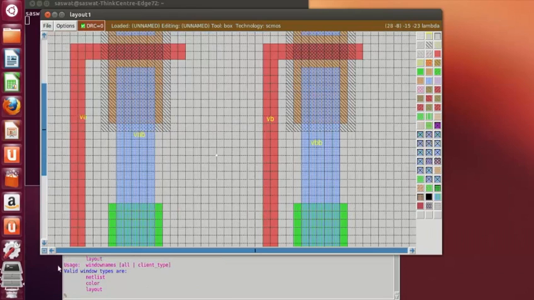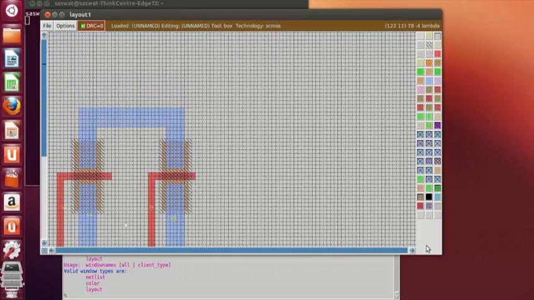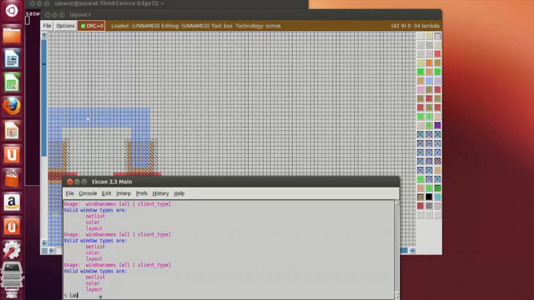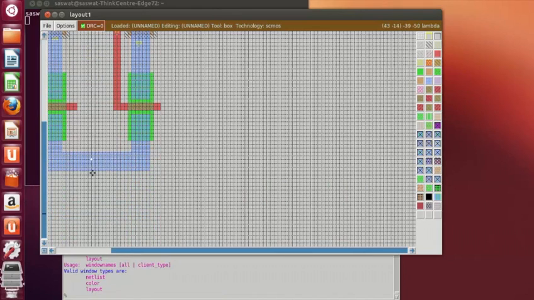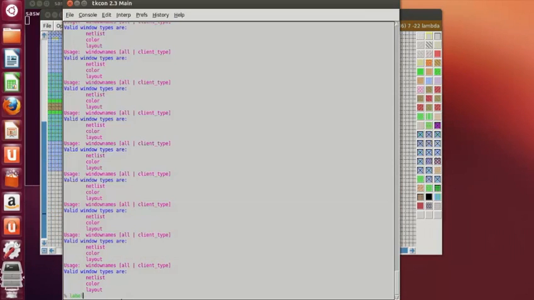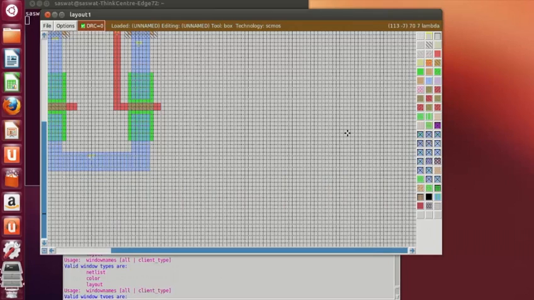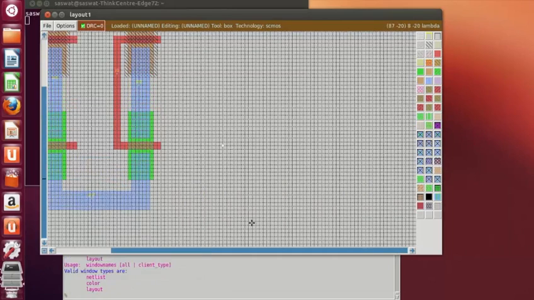Okay. Now what next? After drawing the inverters, we have to draw the transmission gates. If you want, you can do the labeling for VDD also. Label ground. Okay. After VDD and ground,